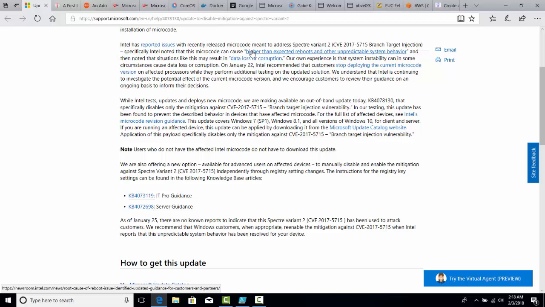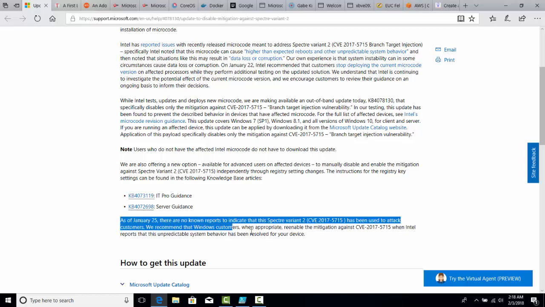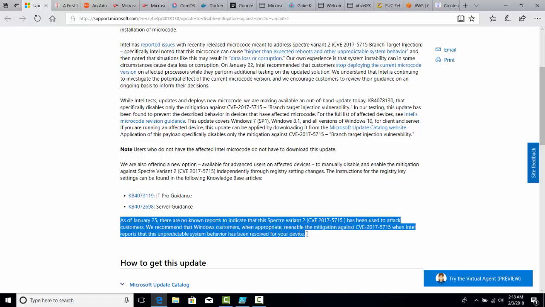Microsoft state in their support guideline that this applies only to the microcode CVE 2017-5715. If you're not currently experiencing the instability, certainly do not patch it, but if you are, you should patch this, and unfortunately you're going to be opening up a security hole, but it will prevent random server reboots and potential data loss. Whilst Microsoft state in their own support article that as of January 25th there were no known